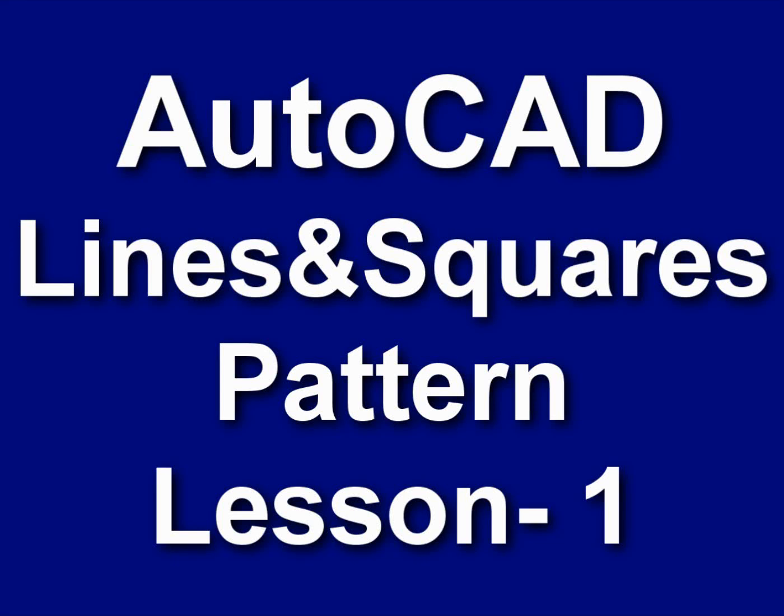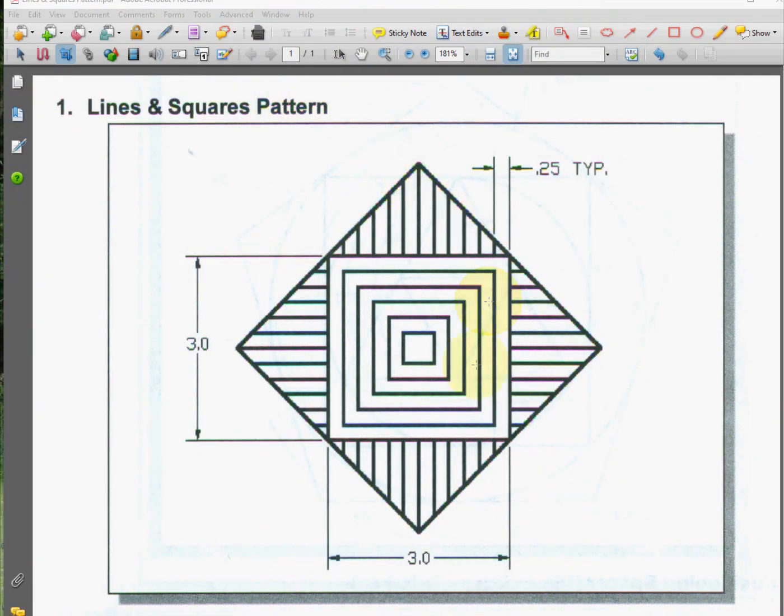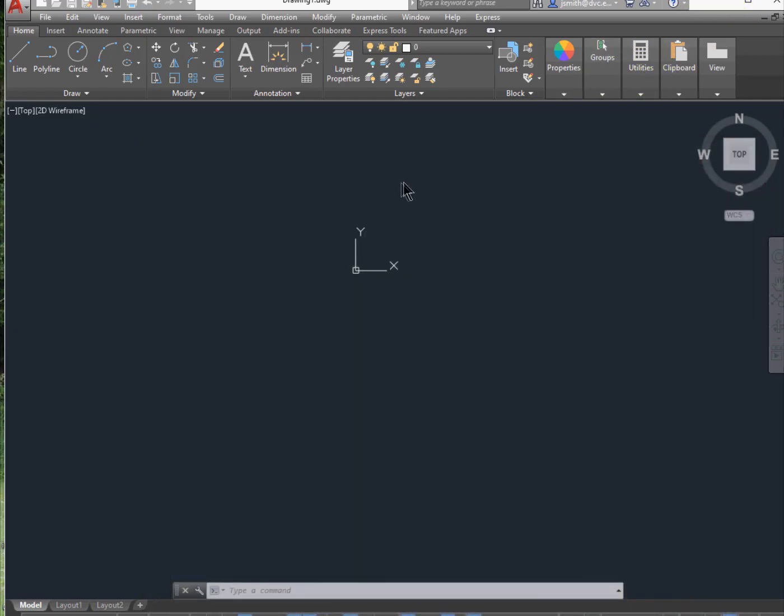In this lesson, we'll be creating a lines and squares pattern in AutoCAD. So first thing we want to do is go ahead and analyze this drawing. And you're going to see a lot of concentric squares and some hatch lines going around it. So the way that I would do this is I'm going to go ahead and make a square with a